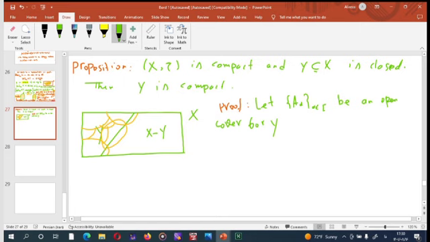Okay, so Y is a subset of this union, and all of this is open, and all of these are open, or this family is a subset of the topology. Okay,